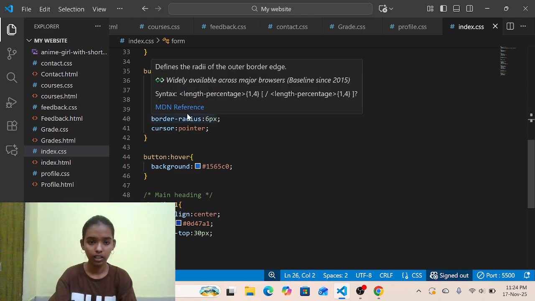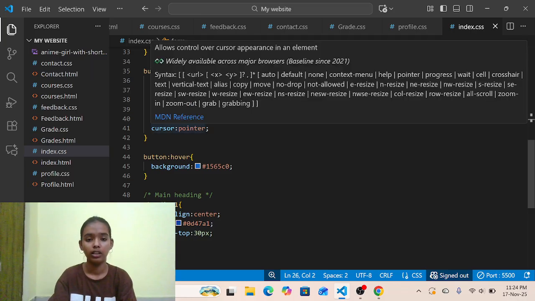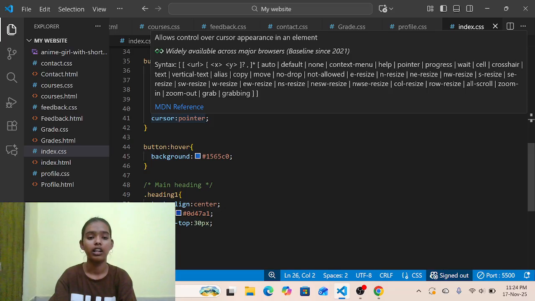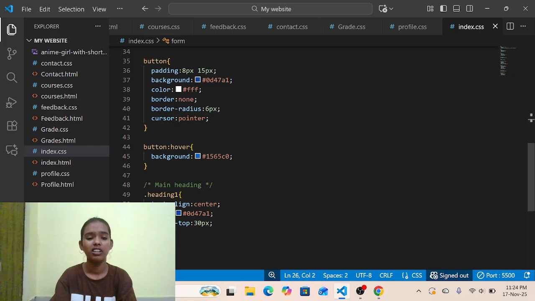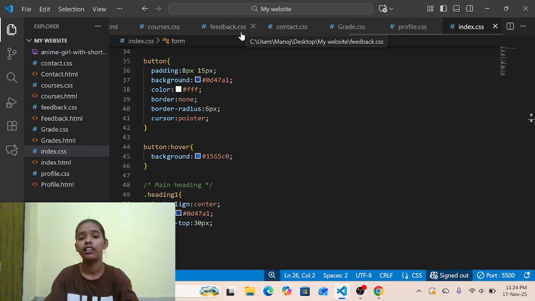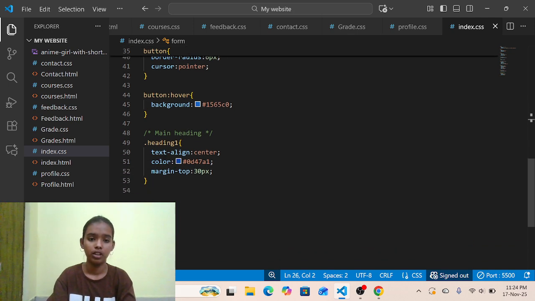Border none, because I don't want a border, and border radius 60 pixels to make it rounded like a circle. Cursor pointer shows a finger symbol when we take our cursor over it. And button hover makes it look lighter when we go to it.